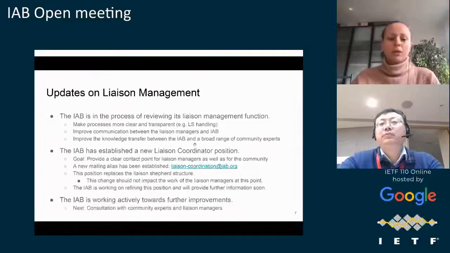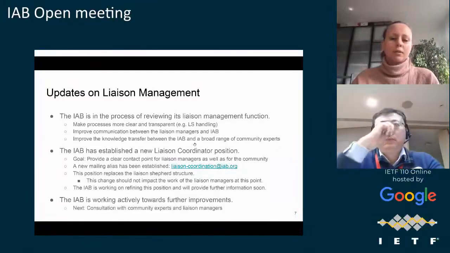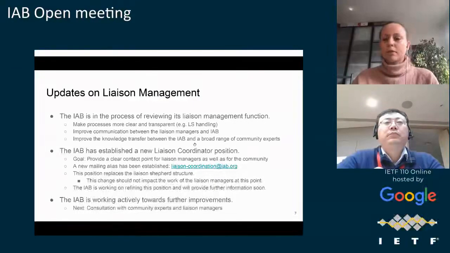Another point here is that we also noticed that we are at the point where we actually have to work on knowledge transfer. It is happening that people do retire, and we have to make sure that we transfer this knowledge and that we keep continuity of this knowledge for a bunch of experts in different regions of the IETF. And it's not enough to just have their email address or put them on a mailing list, because those people might actually go away at some point. So we have to be more active here.